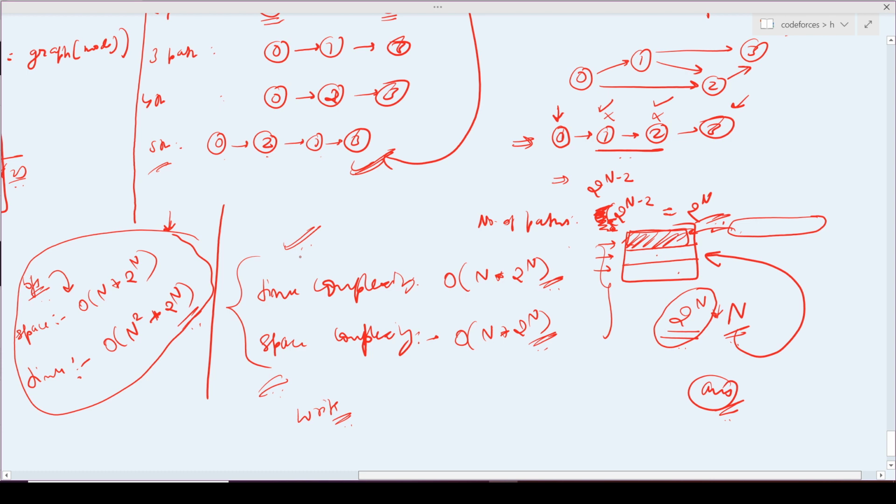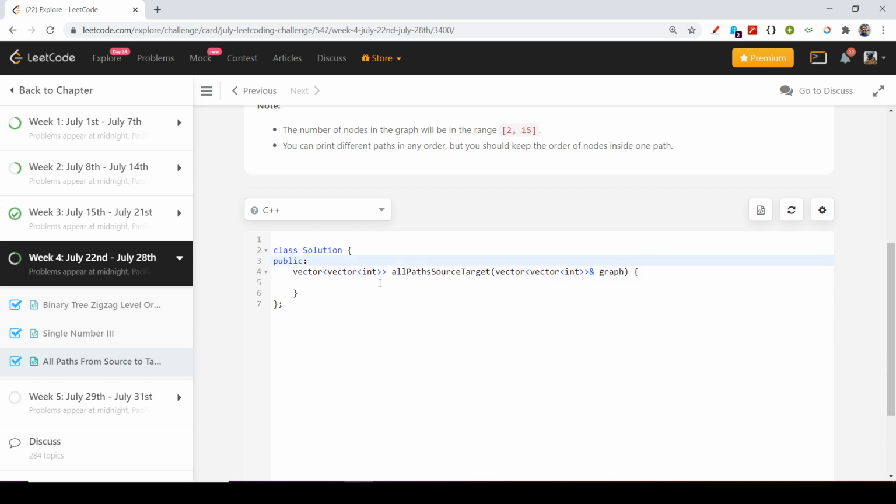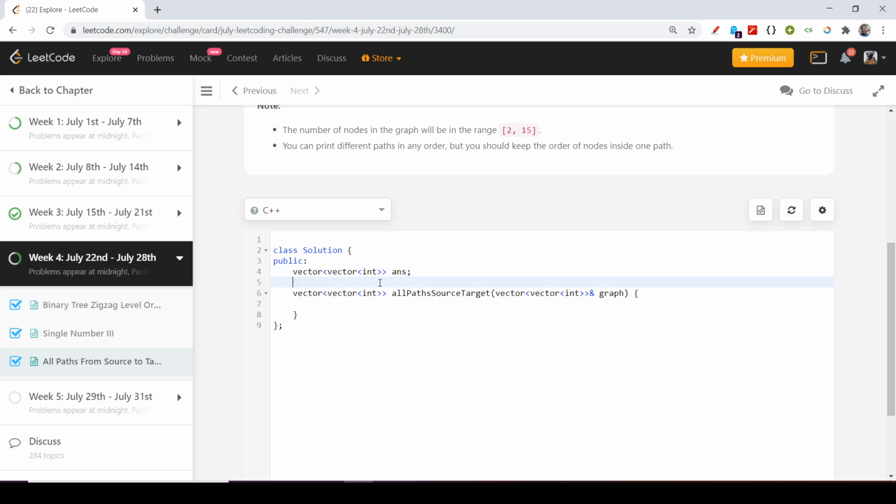So to write the code, first of all, I will have a vector as the answer. So let me have that global, a vector of basically int. It's my answer which will store my final answer which I need to return. But I will also have a vector, which means, as I said, for every path I will insert my answer in this vector.